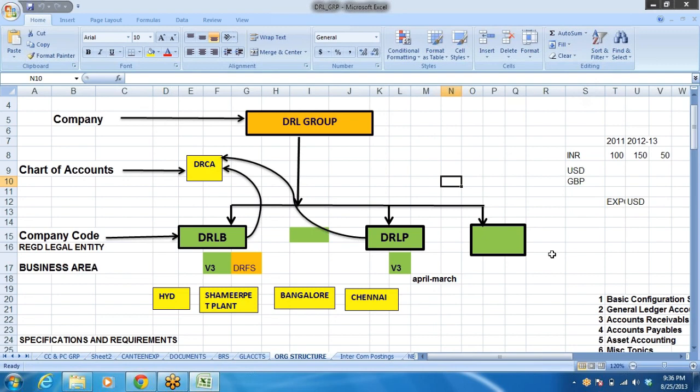So first of all we need to understand the requirement. As a team of consultants we need to go and discuss with the respective manager. FICO consultants will discuss with the finance manager, the finance department, and the end users, that is, business process owners. And SD, PP, like that, each and every consultant, the group of consultants, will go and discuss with the respective department. That is for the purpose of understanding their business process requirement,